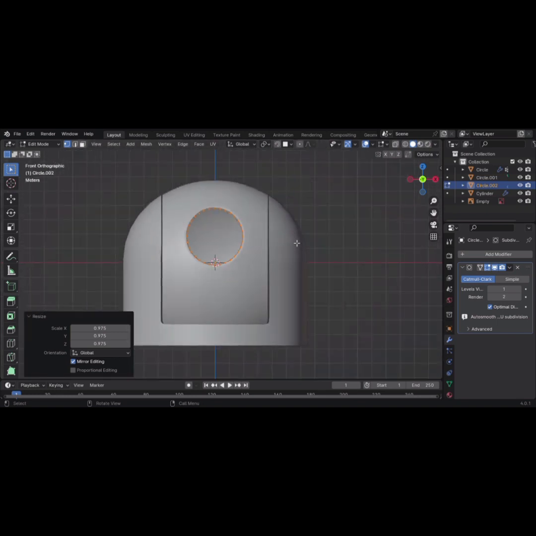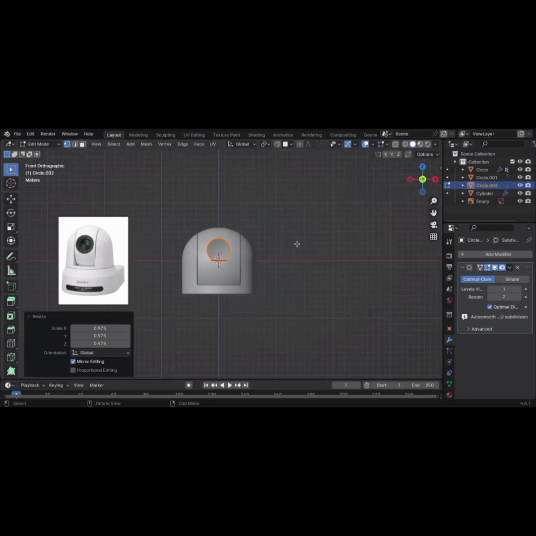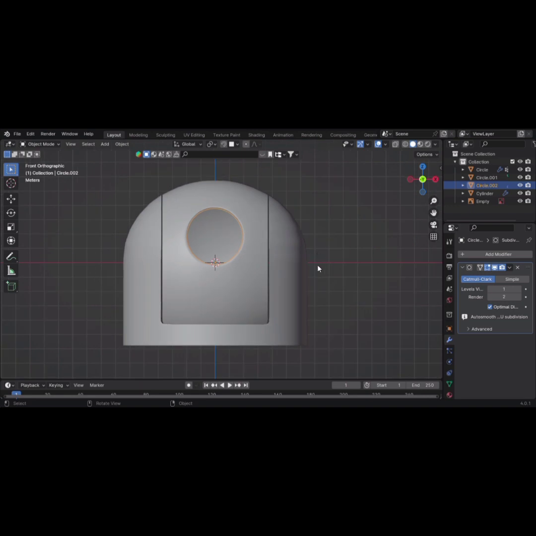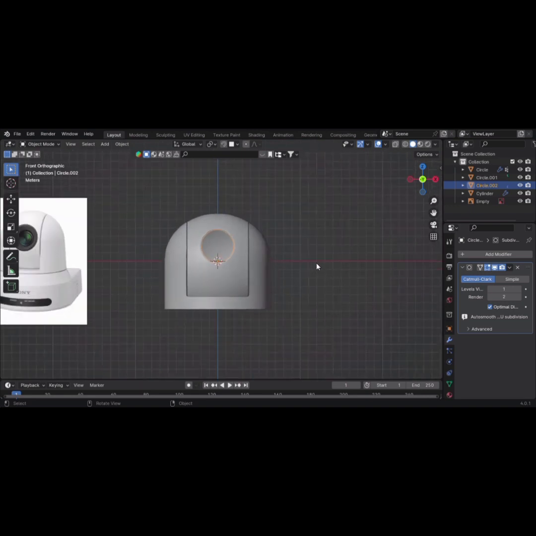So let's just scale it in like that. Something like this should be fine. Let's look at our reference again. Okay, I think we're getting somewhere with this. Now, if you look at the reference very well, you find out that there are a lot of segments on that lens. So in order to get that segment right,